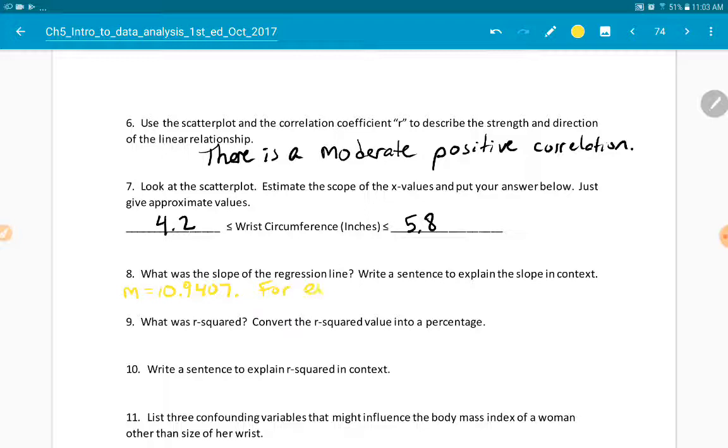For every additional 1 centimeter in the woman's wrist circumference,